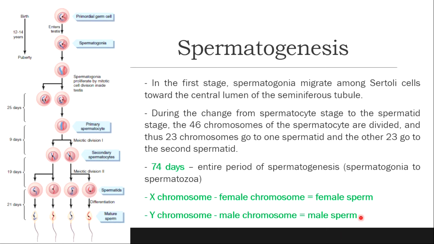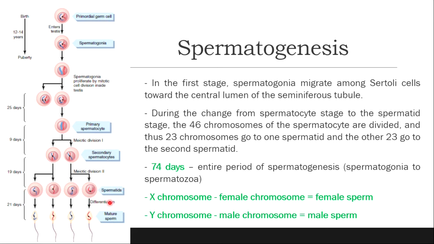Pero pag male sperm naman yung nag-fertilize, magkakaroon ng XY chromosome yung individual na yun, kaya siya magiging male yung gender niya. Okay? Basta, ang key point doon, yung gender is naka-base kung female sperm ba or male sperm ba yung naka-fertilize doon. Okay? Tapos, may tinatawag tayong